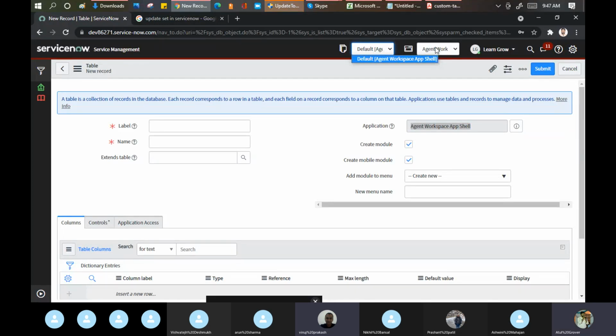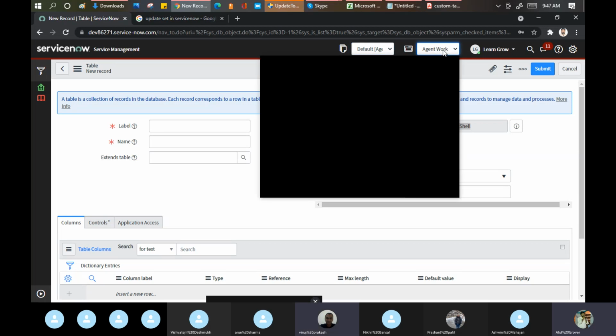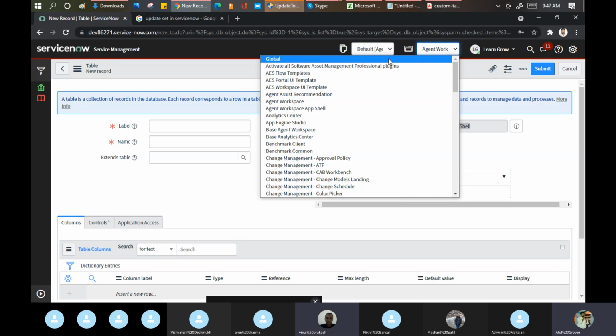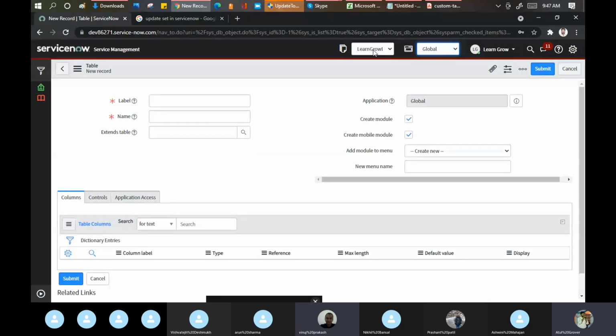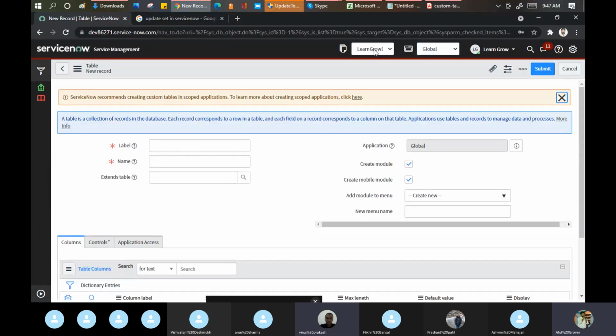Right, because ServiceNow says that if you are working in a scoped application, then your update set should be a global one. See, I change my application scoping, my update set also changed to the default one. If I change my application scoping to global, then my update set also goes to global only.